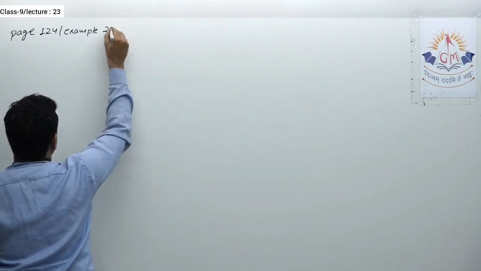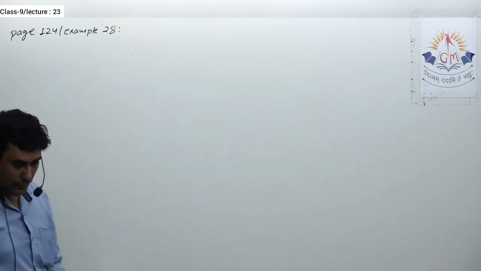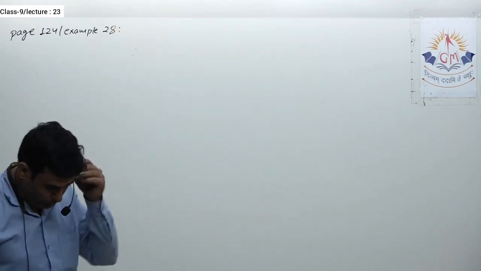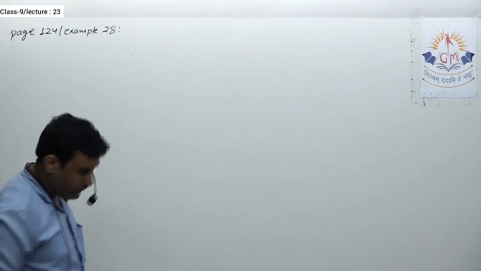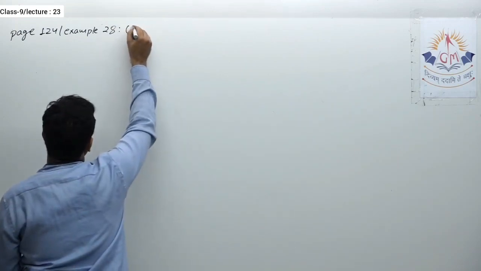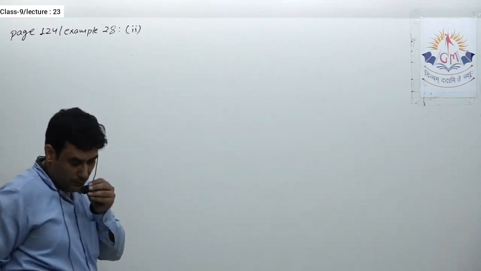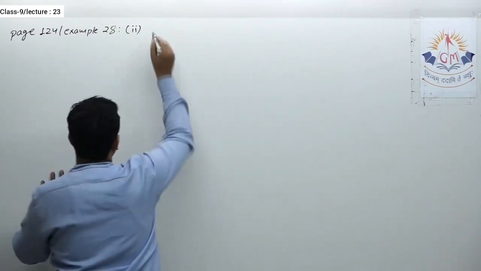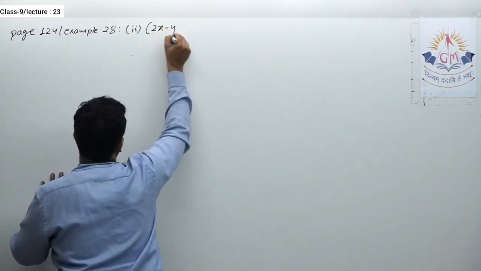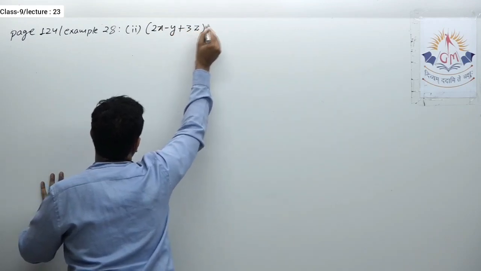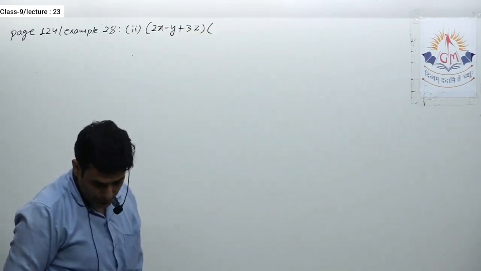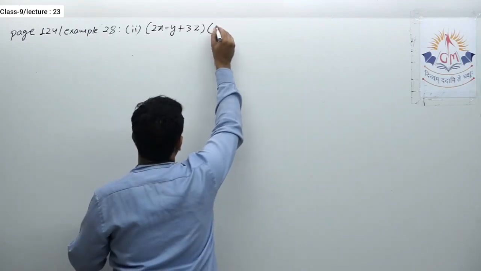Example number 28, page number 124. Find the following products. In this I am doing the second one: (2x minus y plus 3z) times (4x square plus y square